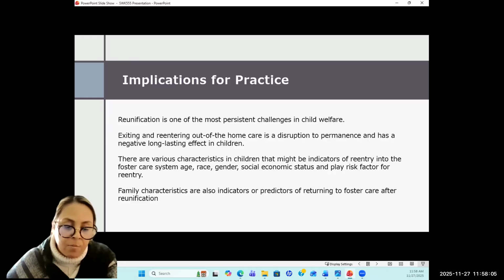Poverty, especially those parents that are eligible for Title 4E, are more likely to re-enter versus those parents that are not eligible. Children with siblings in foster care had higher chances to re-enter. On a positive note, cases that have closed in foster care and participate in post reunification services that prevent reentry and have one caseworker visit after reunification, the chances of reentry decrease.